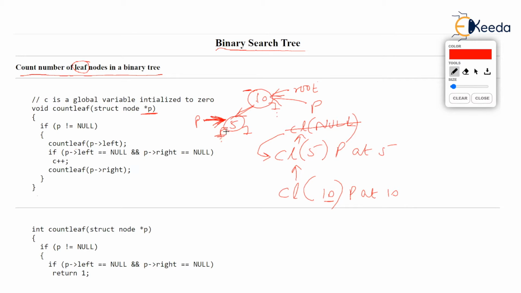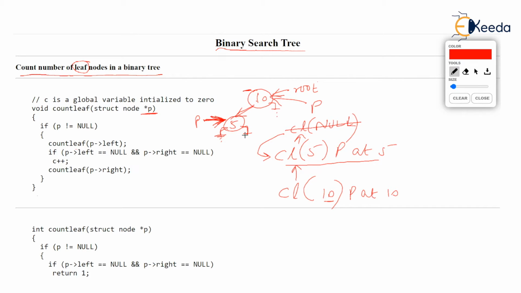So C will be increased. Assuming that C was 0 initially, C will become 1. So we have got one leaf now. And after that, this function countleaf(5) will call countleaf(P->right). But notice that for 5, P->right is also null.